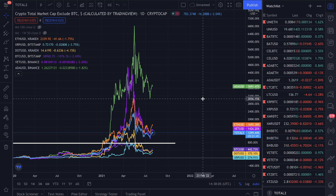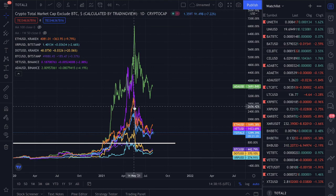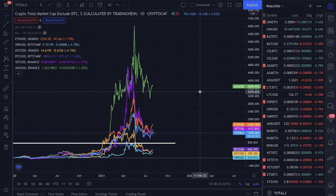even if it is below the threshold of Total 2 and Bitcoin, right? It was only a few months ago where DOT really outpaced the market, and by like May 14th, it was up 1,400%, rather than where it is right now, 370%. Having said that,